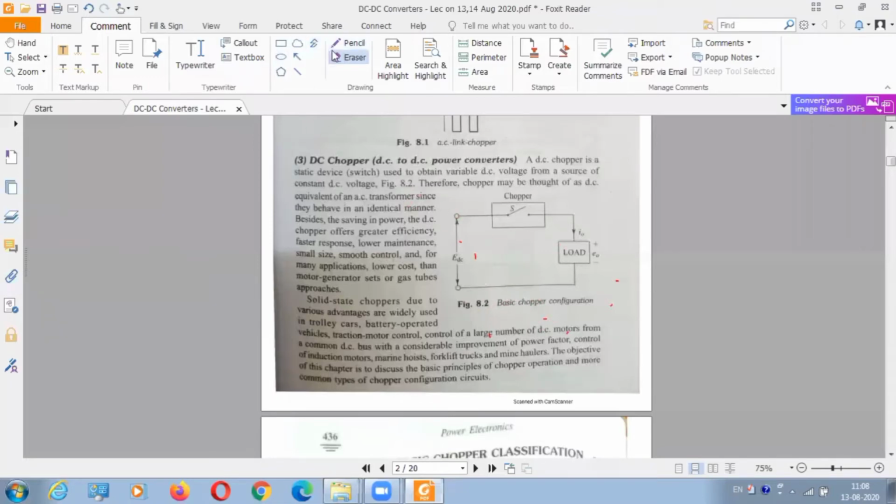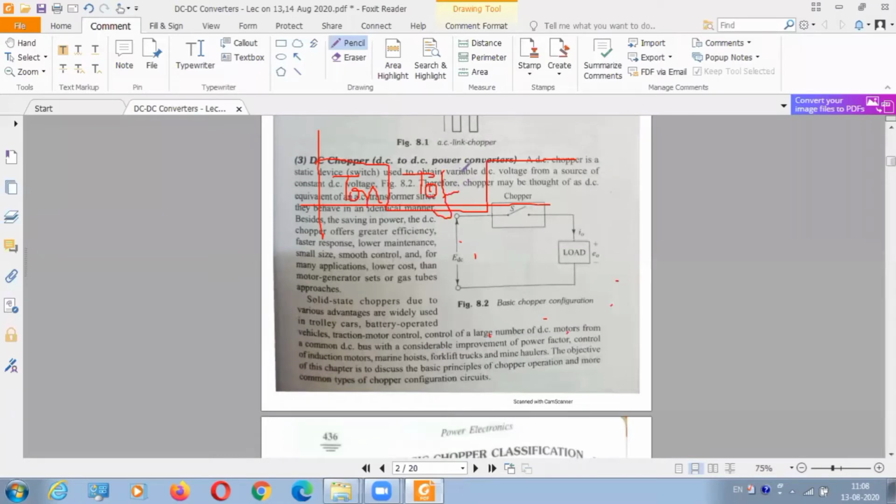Next is a very important thing; you should understand this easily. We have a DC voltage like this. During this time my switch is on, so I'll call it T on. During this time my switch is off, so I'll call it T off. The total is this much, which is my time period. So the time period T is equal to T on plus T off.